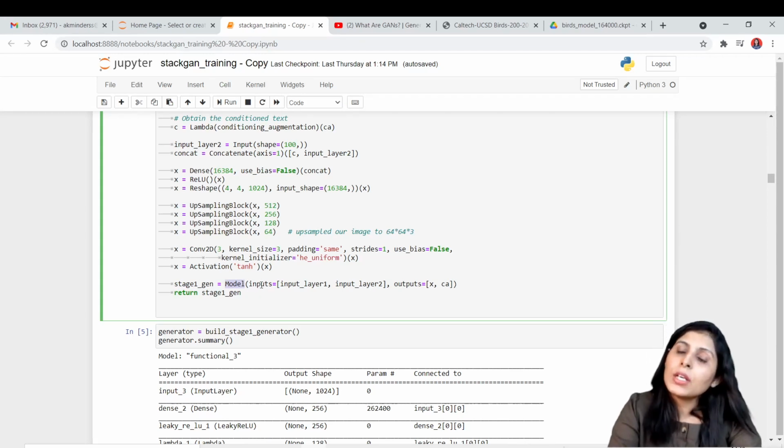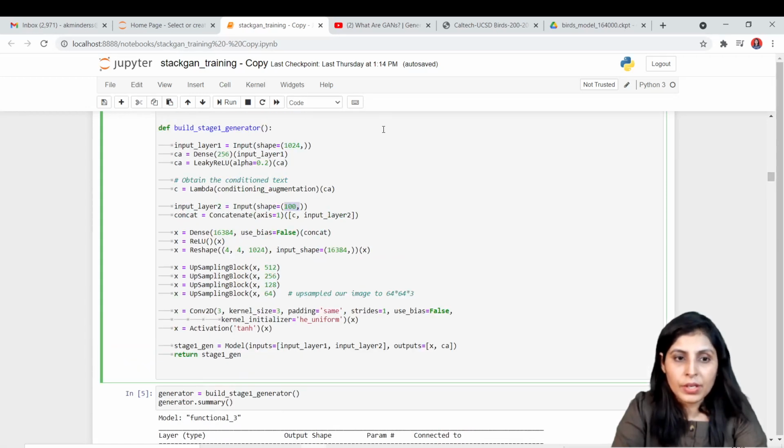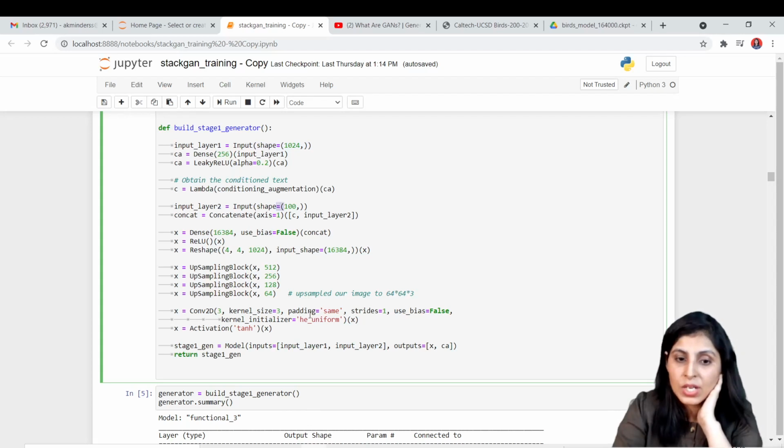So what will be the input to this generator? If you want to create a generator model, then we need to provide input to our model. What is the input to our model? Input layer 1 and input layer 2. What is there in input layer 1? The embedding vector. And what is there in input layer 2? Random noise, right? Remember from here, input layer 1 has an embedding vector of fixed length, and input layer 2 has a random shape.